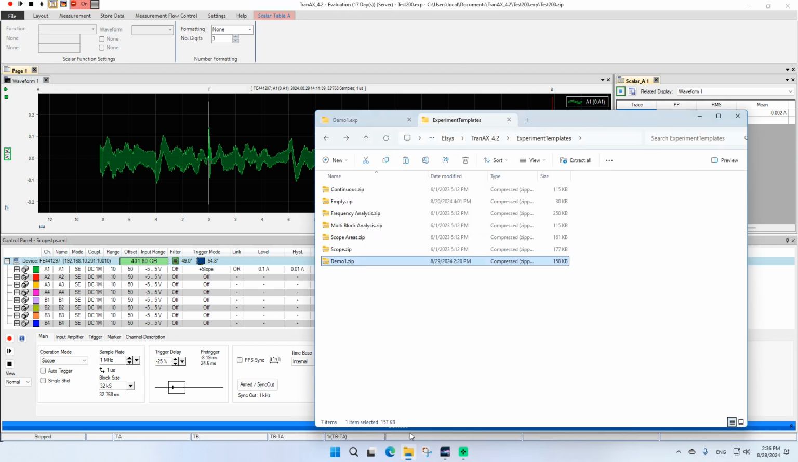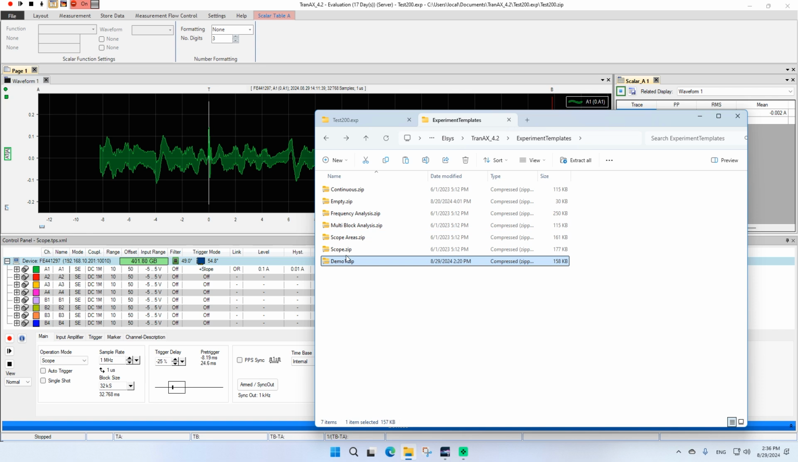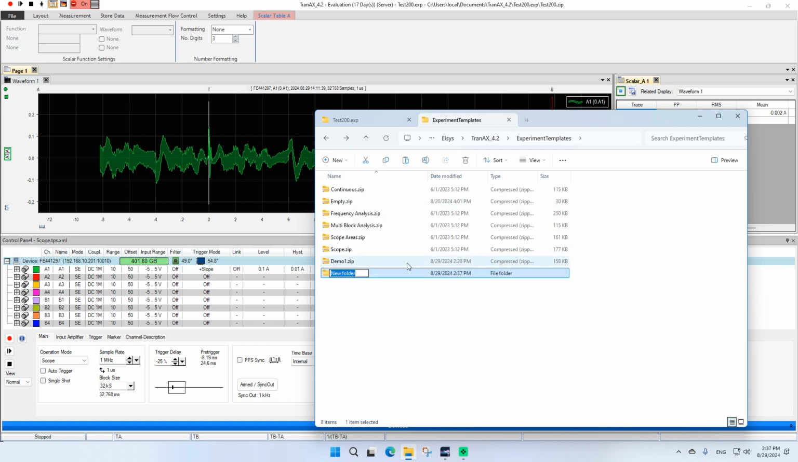So you have created here a new experiment, test 200, and it is based on this template here in your template folder. You can also organize these templates in a structure, so I create a new folder here, and I could say,